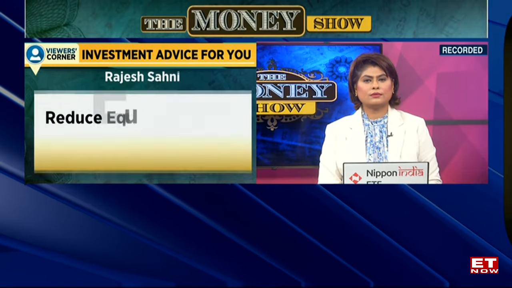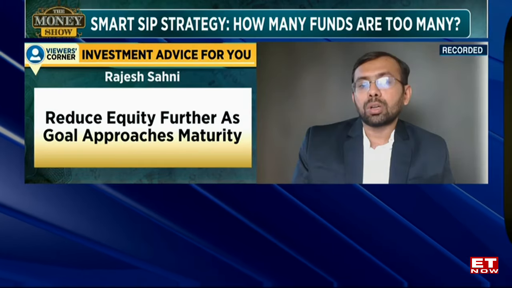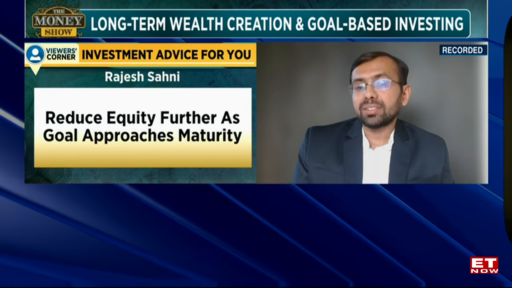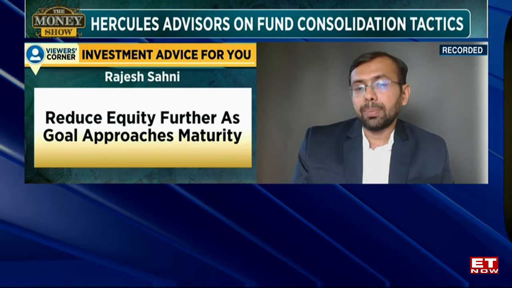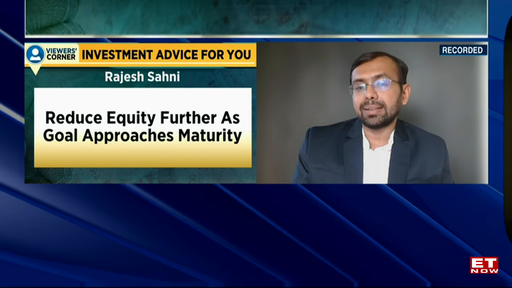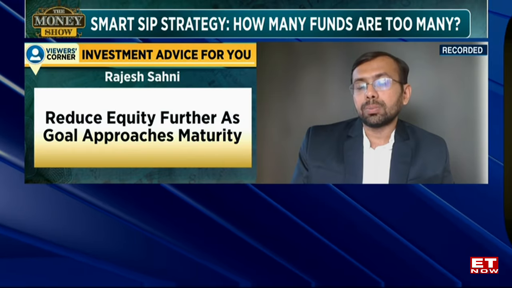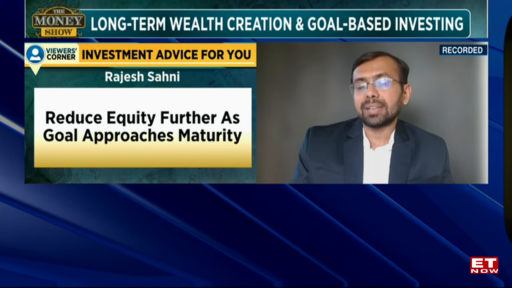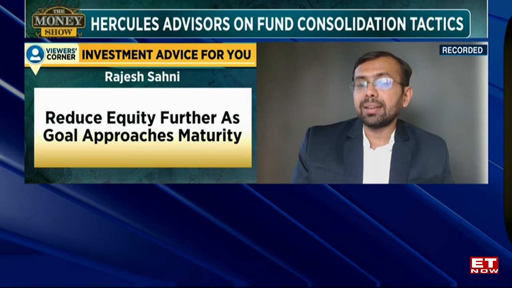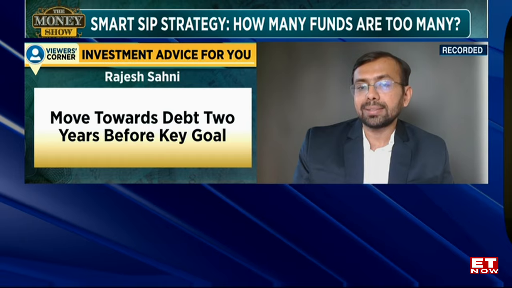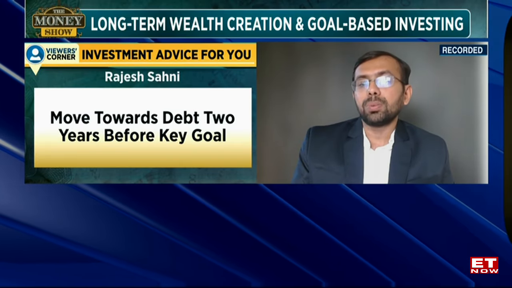I also want you to help him with the exit strategy from equity, when he comes closer to his financial goal, Aditya. So when you come close to your financial goal, slowly and steadily, you have to move out into balanced funds and debt products. Balanced funds and debt products have lower risk, and slowly and steadily, 2 to 3 years before your goal, you should start to move towards debt products, and finally, a year before your goal is due, you should completely exit into a debt product from where you can withdraw money slowly and steadily. The closer your goal, the lower should be your equity exposure and the higher should be your debt exposure.